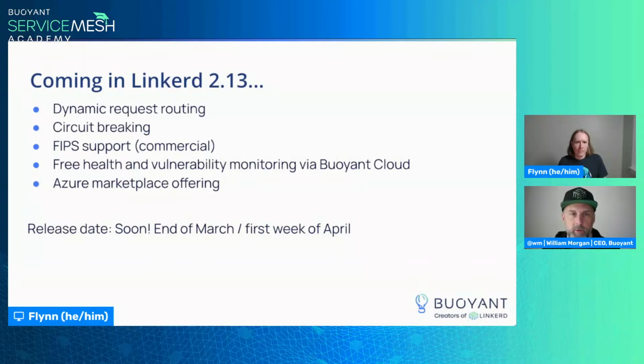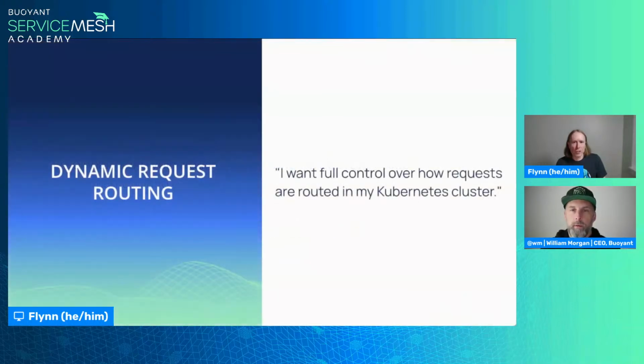And the big question on everyone's mind is, when will 2.13 be ready? I'm expecting somewhere between the end of March and the first week of April. So we're probably 2 to 3 weeks out now. There's some question marks in there, some asterisks, some things we still have to figure out. But if everyone in the Linkerd community could just pedal a little faster, you should be able to get up the hill. So it's getting pretty close. We'll be there soon. Seeing the Edge release was actually pretty cool.